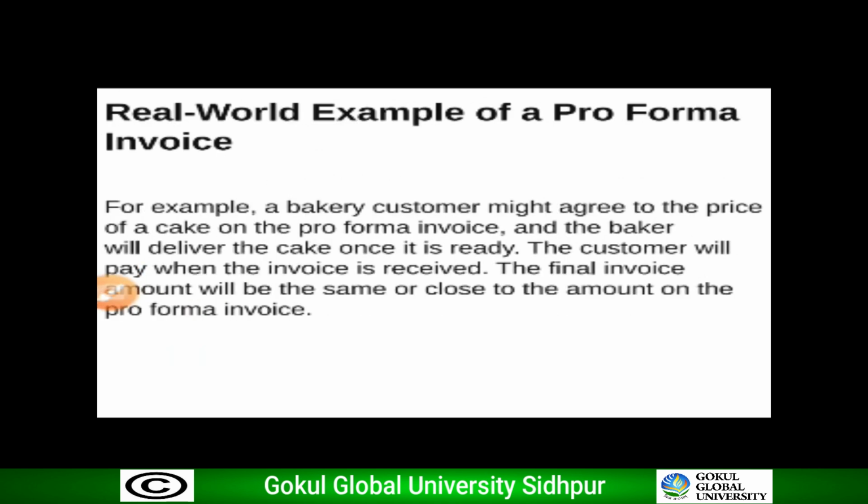All deals are confirmed, then the seller can prepare the proforma invoice. Real world example of a proforma invoice. For example, a bakery customer might agree to the price of a cake on the proforma invoice, and the baker will deliver the cake once it is ready. The customer will pay when the invoice is received. The final invoice amount will be the same or close to the amount on the proforma invoice. It means when the customer purchases a cake, the baker gives a quotation to the customer. The customer agrees and gives a confirmed order to the baker. Then the baker prepares a proforma invoice. Next,